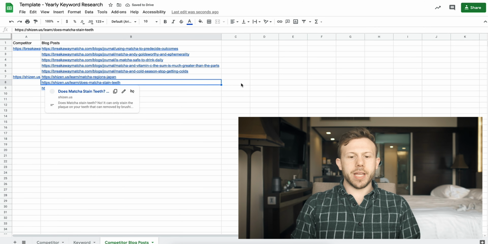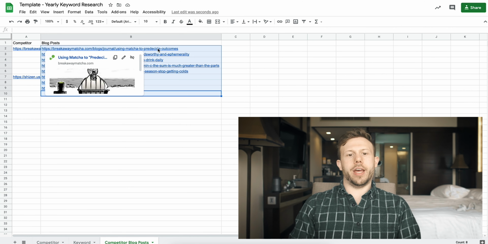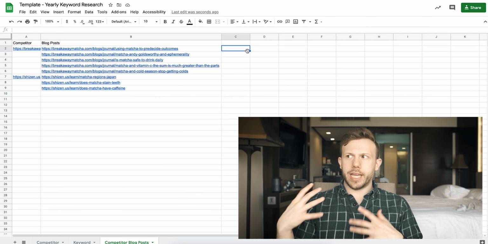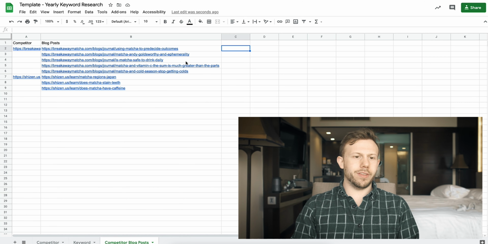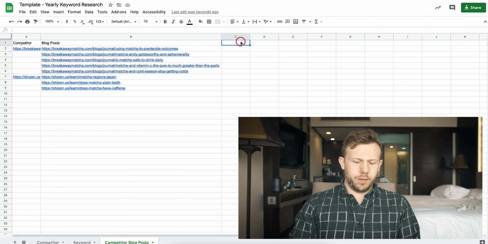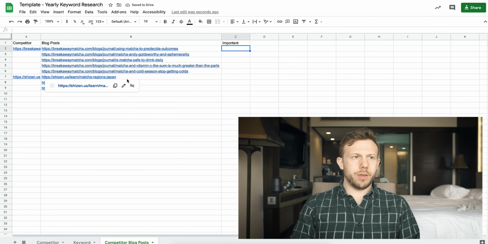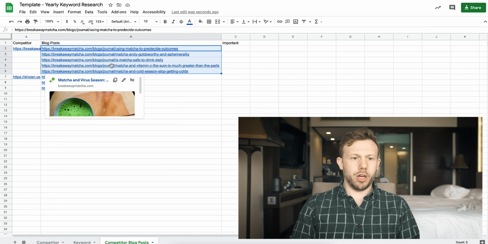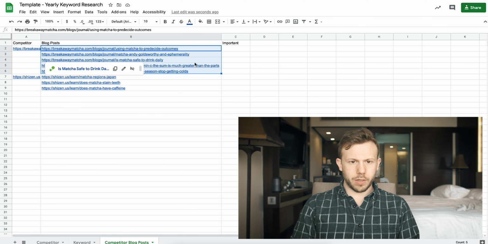The next step, once you have this, is more in the content strategy side of things, and we'll go through that later. But just to get you thinking right now, there's a few things that you can start to think about when you have this list. One, you can start to determine what is important. So, for example, you have to use your brain. It's a little bit of common sense. But if you had to pick out of this list right here of blog posts from Breakaway Matcha, which is the most important and what is the least important, if we're going to rank it for most to least important,